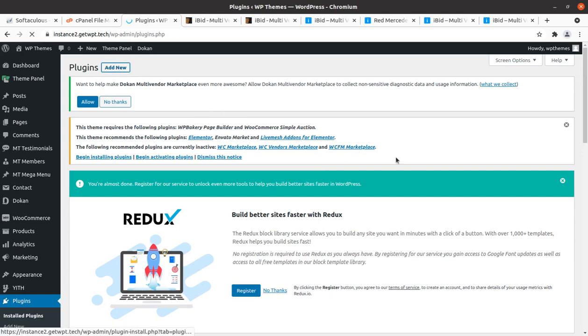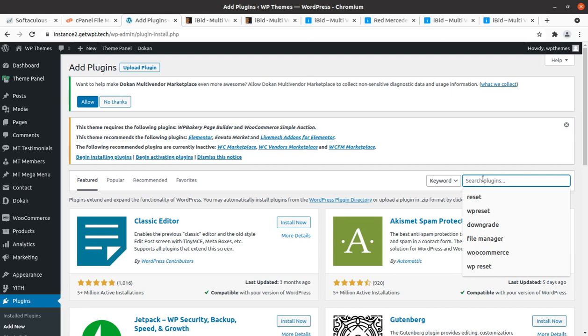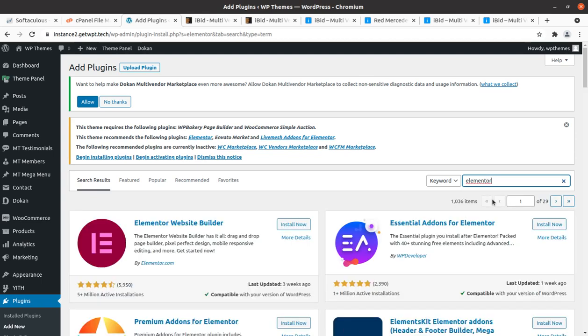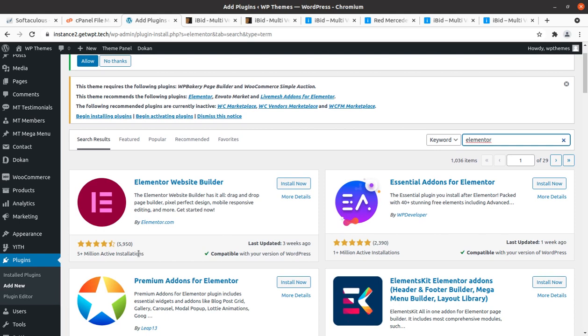Add new. So I'll try to install Elementor separately. Nothing is hidden, so everything is on the screen. Elementor website builder is here, and I am installing it from here.